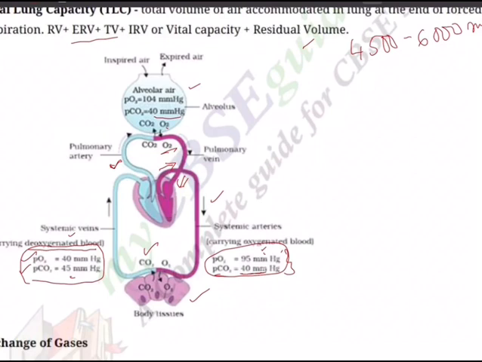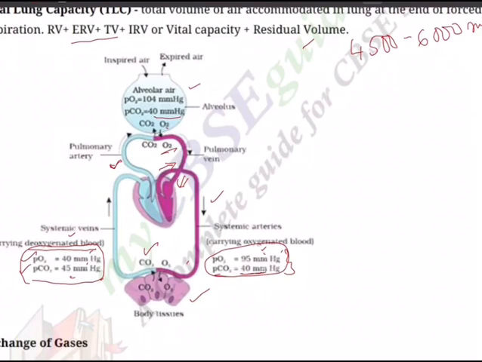In tissues, exchange of gases occurs between the blood and tissue cells through interstitial fluid. The blood reaching the tissue capillaries has partial pressure of oxygen which is 95 mmHg, which is higher than that in the tissue cells. How much in tissue cells? It is just 40 mmHg, which is lower than that in the blood. So the tissue cells constantly use oxygen in oxidation that produces carbon dioxide. Therefore, they always have lower partial pressure of oxygen and higher partial pressure of carbon dioxide than the blood coming to them. Because of the differences in partial pressure of oxygen and carbon dioxide between blood and tissue cells,